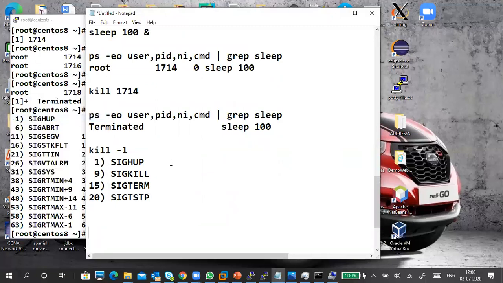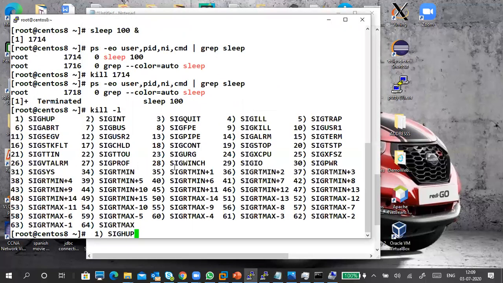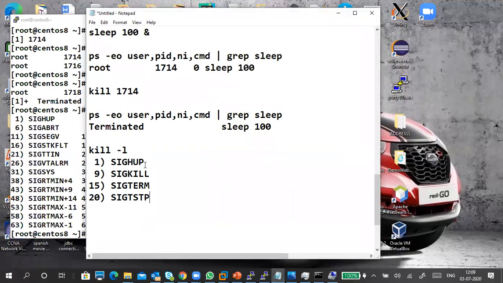So these 4 are important. Remaining depend upon the situations, like count, stop, this kind of stuff. This is to stop the process. This is if process is stopped, we can start it. SIGHUP, SIGSTOP, SIGKILL, SIGTERM.